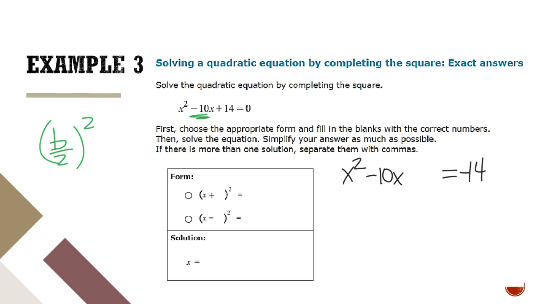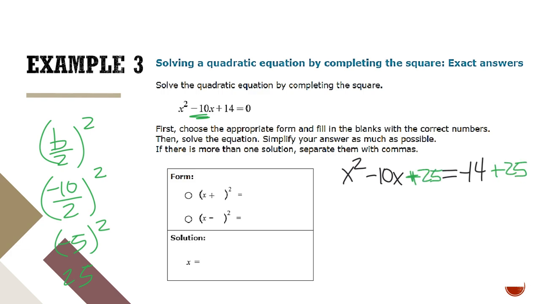Well, we're going to take this negative 10 divided by 2, and we're going to square it, which again is negative 5 squared, which turns out to be 25. So we're going to be adding a positive 25 to both sides. That is my step. And now I am factoring this quadratic, but it is already kind of